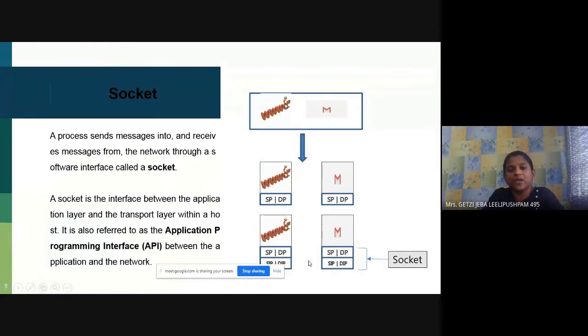Now, when it comes to the IP, it is allotted the same SIP, DIP. For these two entities, the SIP and DIP will be the same, but SP and DP will be different because they are different applications. So you should know that for these two applications, even though they are generated from the same system, the DIP is also not the same every time. The SIP is the same, but what are the things that are different? SP, DP and DIP. All these are different, and this is what you call the socket. Using sockets only, the transport layer provides logical communication.